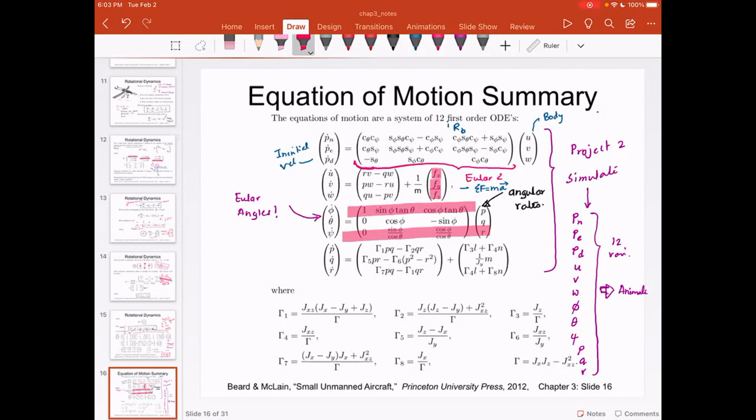Now, the next part is using P, Q, R, which is nothing but the angular rates. These angular rates are in the body coordinate system. So these angular rates somehow need to be related to the inertial angular rates. And when we integrate inertial angular rates, what we get is inertial angles. The last equation is